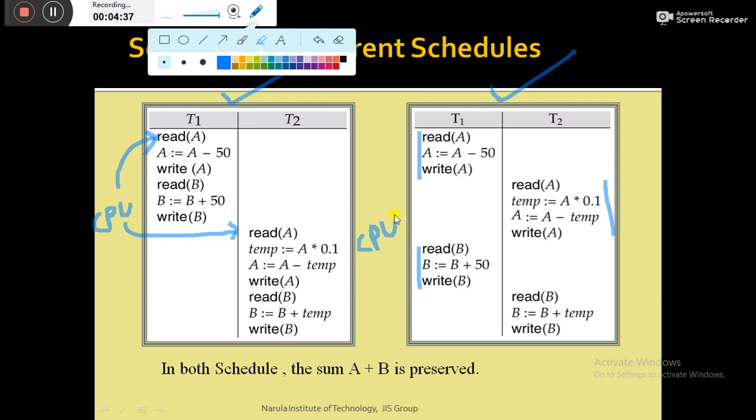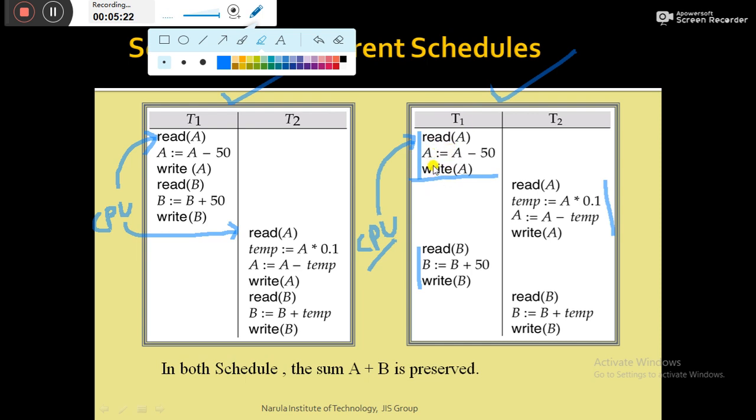In reality, the CPU executes a single transaction at a single point of time, but it switches between the transactions so fast that it creates an illusion for the user that the CPU is executing all the transactions at the same time. So how does it switch? Let's see. From that concurrent schedule we can conclude that the CPU first starts executing transaction T1. Suppose the CPU executes the first three instructions of T1, and up to that point of time